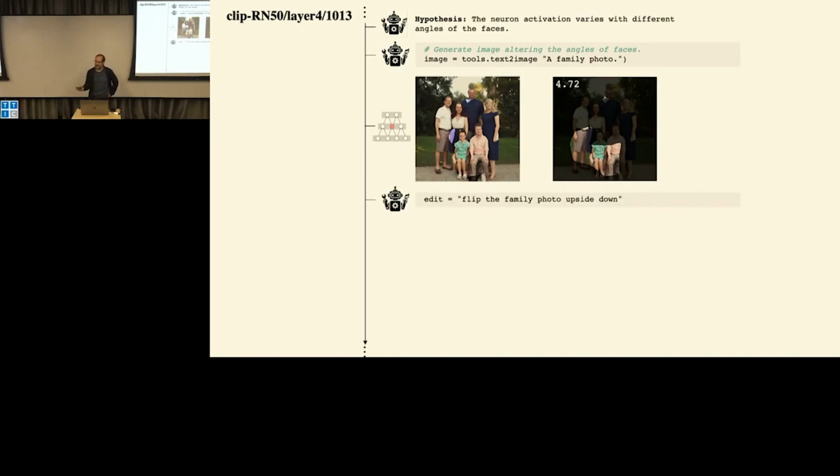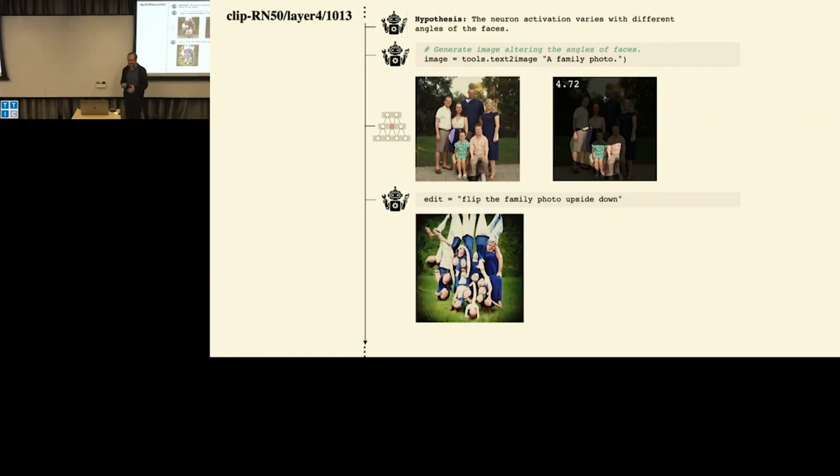And then it decides to perform an edit, which is to flip the family photo upside down, which really, I have no idea why that will be, but maybe because it's trying to see if it's invariant to the head orientation. And okay, there is very simple code that you can write to flip an image upside down. But it doesn't do that. Instead, it calls instruct pics to pics, which is the wrong tool to use. And it created this image here, which is very scary.